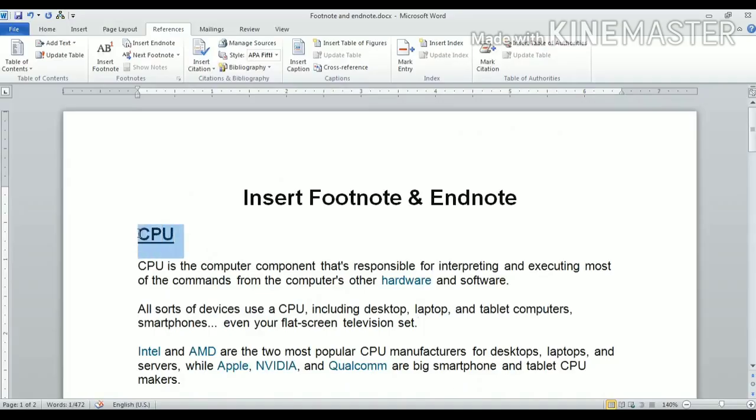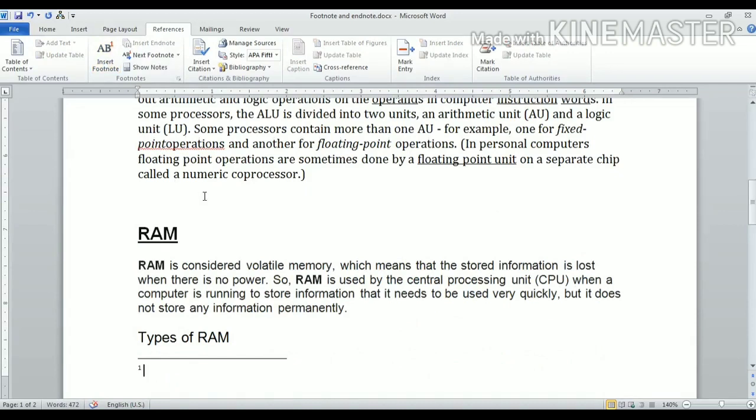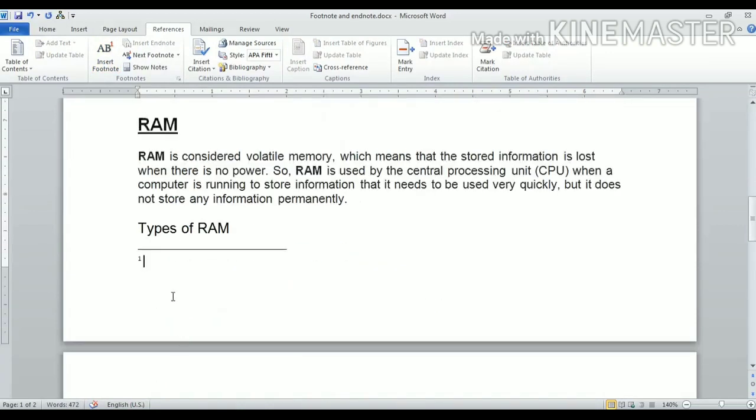Here in the video you can see a paragraph is written about CPU. If you want to add a footnote, just click on the Reference option and go to Insert Footnote. You have to select the word first. I have selected CPU here and then you click on Insert Footnote. When you click it, your cursor will move to the bottom of the same page, a number will appear, and that same number will appear on the top, on that word.